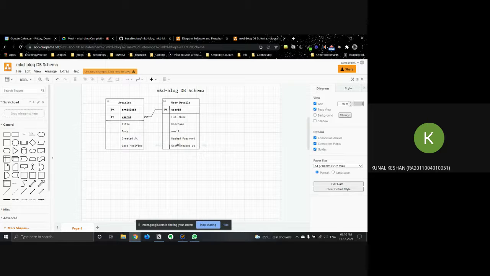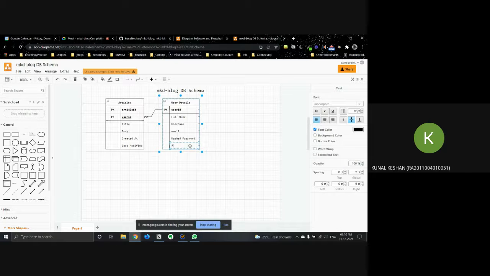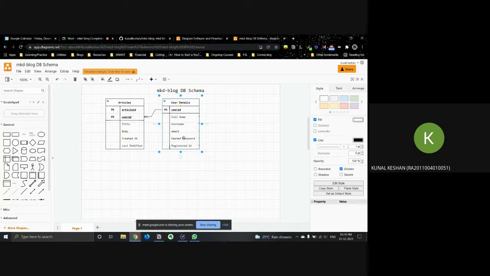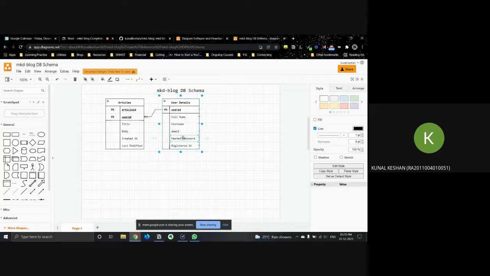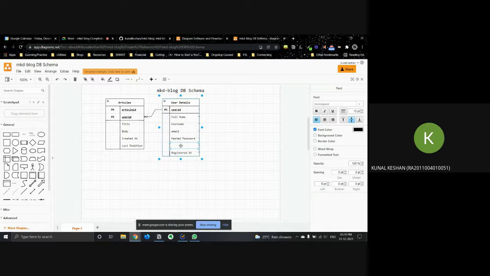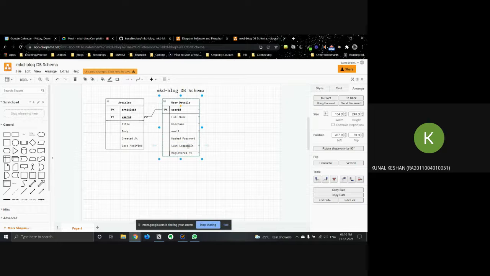One more thing we can say is, like, this was user created at. I think registered at will make more sense. Both are the same, just different terms that will correlate with the table itself. After that, we will be saving, this is just a features thing, so if I come over here and add one, we can save when the user last logged in. All right, so we can show the user activity over here.